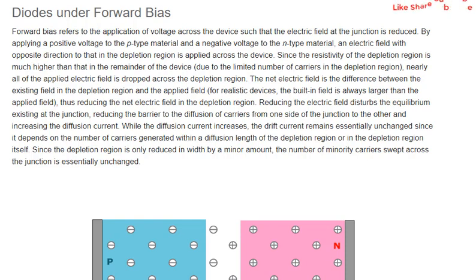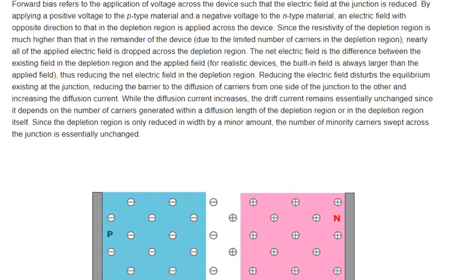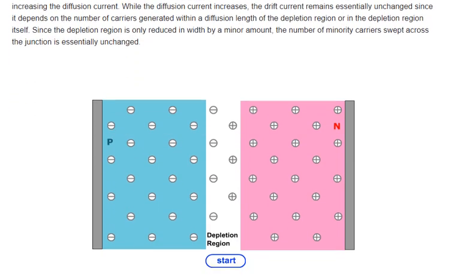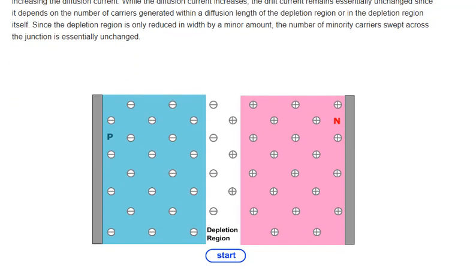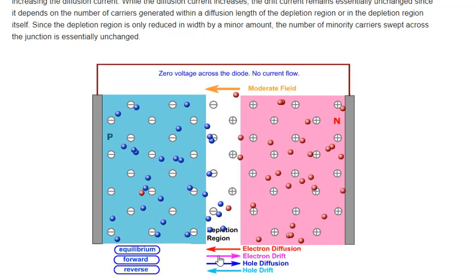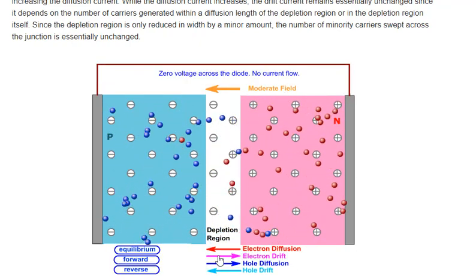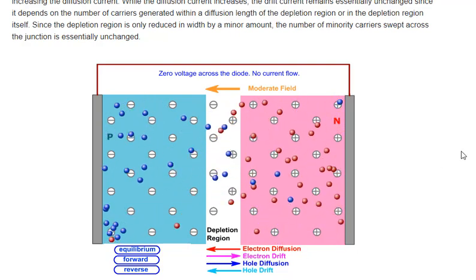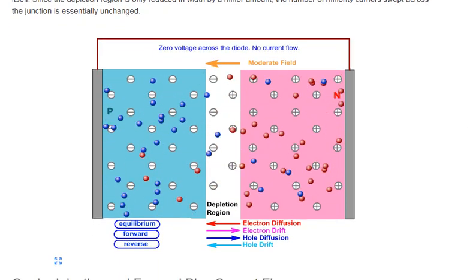Forward bias refers to the application of voltage across the device such that the electric field at the junction is reduced. By applying a positive voltage to the P-type material and a negative voltage to the N-type material, an electric field with opposite direction to that in the depletion region is applied across the device. Since the resistivity of the depletion region is much higher than that in the remainder of the device due to the limited number of carriers in the depletion region, nearly all of the applied electric field is dropped across the depletion region. The net electric field is the difference between the existing field in the depletion region and the applied